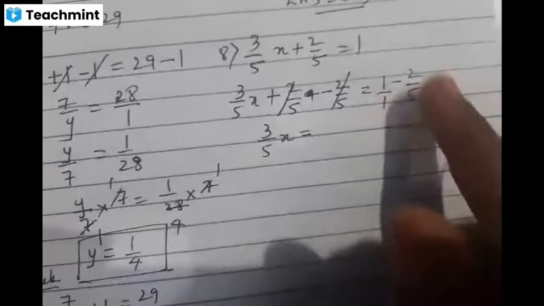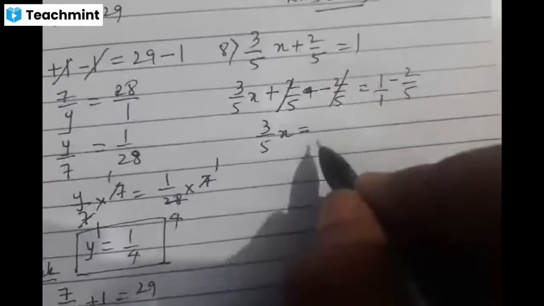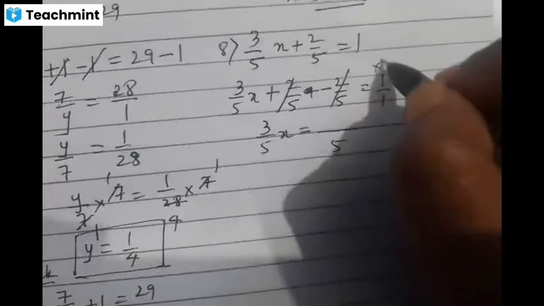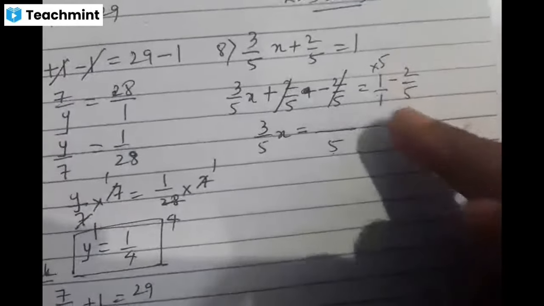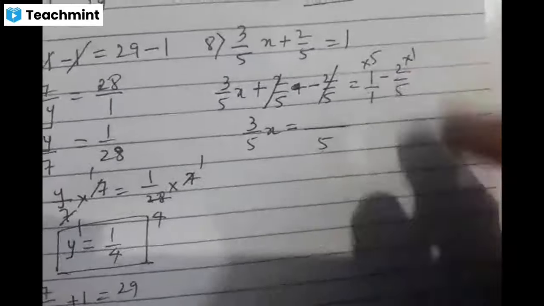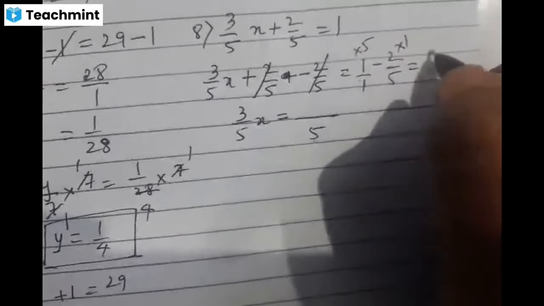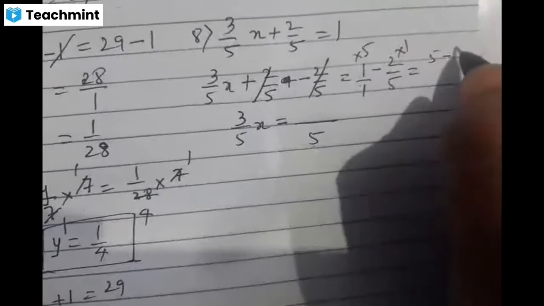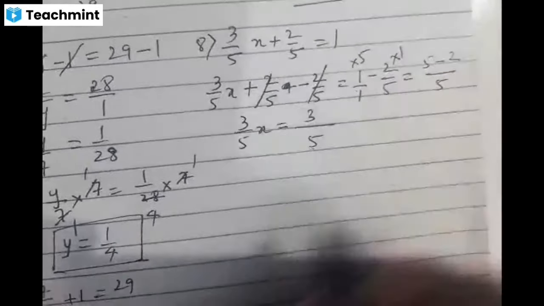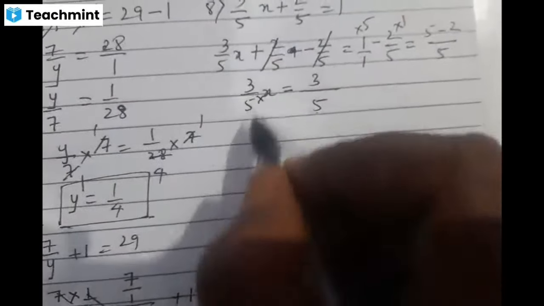Because 1 minus 2 by 5 is 1 by 1 minus 2 by 5. LCM for 5 and 1 is 5. 1 how many times? 1 fives are 5, write it in the numerator. 5 ones are 5, write it in the numerator, 1 time. So, what do you get in the right hand side here? 1 fives are 5 minus 2 ones are 2. 5 minus 2 is what? 3.